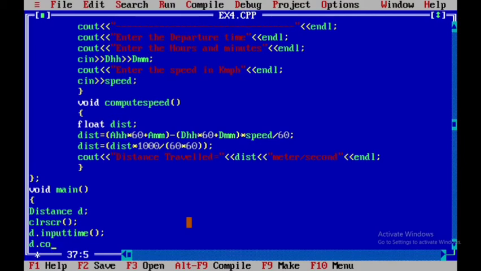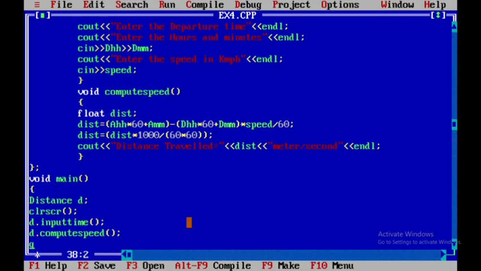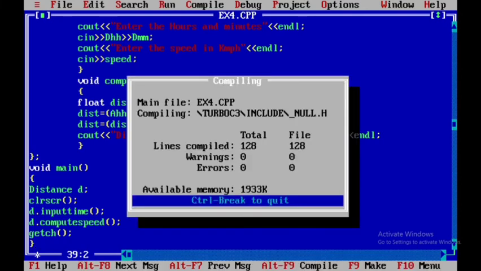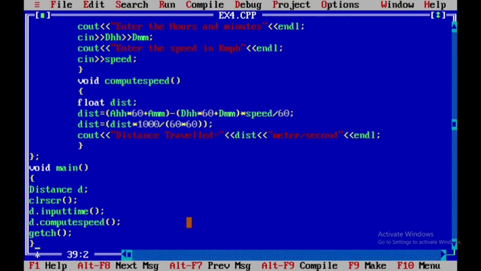You can take any member function name here. Previously we have taken compute speed, or else you can also take compute distance. Then getch, then closing of the main function. We'll check: 0 errors. Fine.